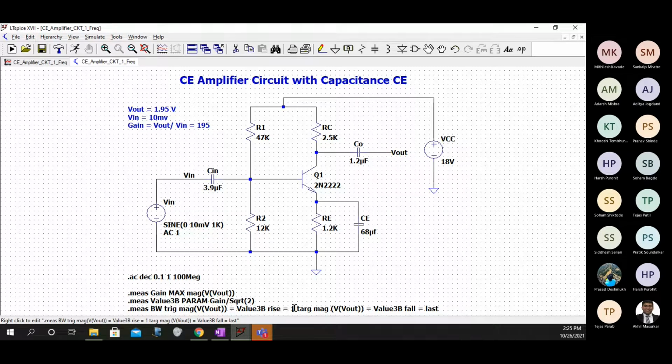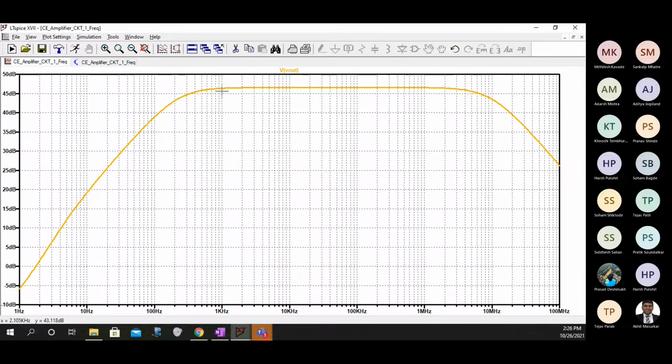That means the first time it is rising. Then here you can write 2 also, but that is the second time. Then you can write 3, you can write 4, you can find out n number of frequencies by using this command, but here we have only 2, one rise and one fall, you can see. So we are saying that okay, give me that 3 dB frequency where my graph is finally falling. So I say equal to last. So sometimes I might not know what is the end, so I just say whichever is at the last, give me that. So that is what we write here, and then we get this graph.